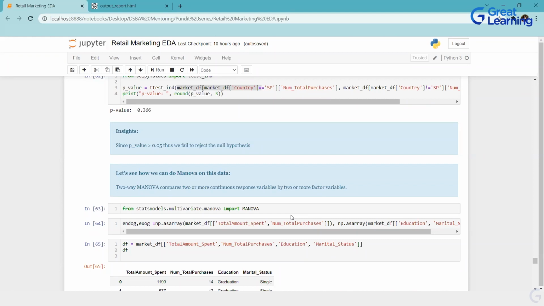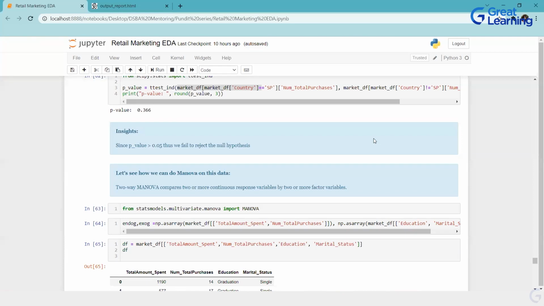But what I'm saying is, instead of that, you have something which is known as MANOVA. What is the full form of MANOVA, guys? It is multivariate ANOVA. Yes, multivariate analysis of variance. Can't we use two-way ANOVA? Question. Now, what is two-way ANOVA? Two-way ANOVA also has one dependent variable and multiple independent variables. But I am saying I will have two dependent variables and multiple independent variables, which determines the effect of independent categorical variables.